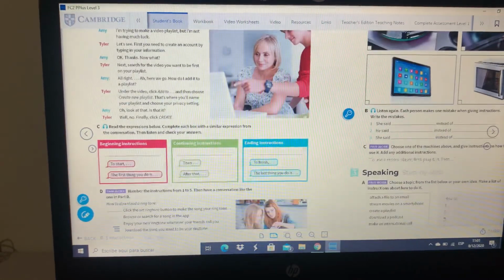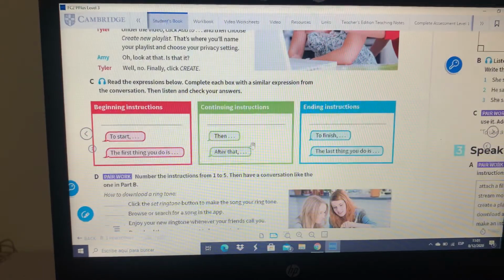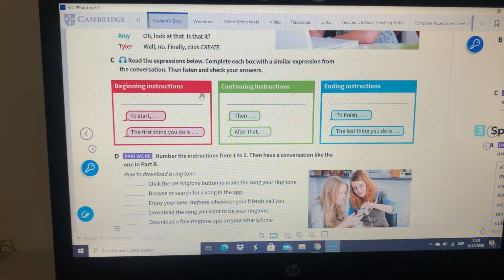Well, here we have this conversation, and as you know, these are some tips that we can use in different situations. In this case, they are about instructions. At the beginning of a conversation, when we have to give instructions, to start we can say "the first thing you do is this or that." When you continue with the instructions, you can use the words "then" and "after that." Also, at the end of the instructions, you can say "to finish" or "the last thing you do is." It works, for example, when you are cooking and have a recipe to follow. So you say, "To start, you need flour, you need